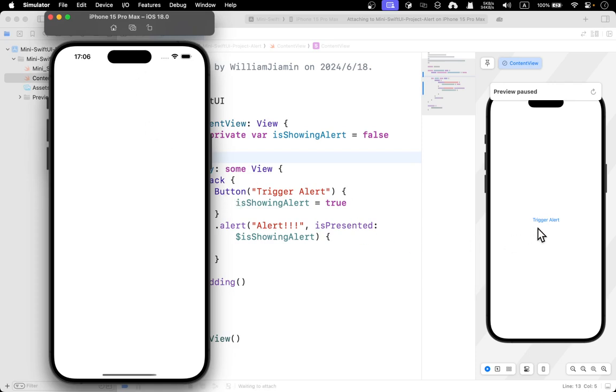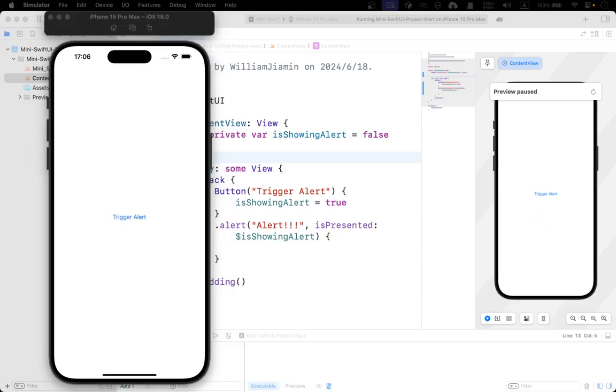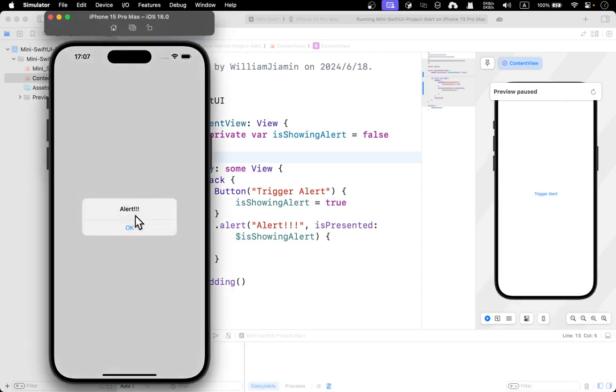Okay, you should have a button here. So click and you can trigger it. It will give you an alert. Okay, we got this Trigger Alert. Click and alert, right? And then it will automatically give you an OK, and you click it. It will add